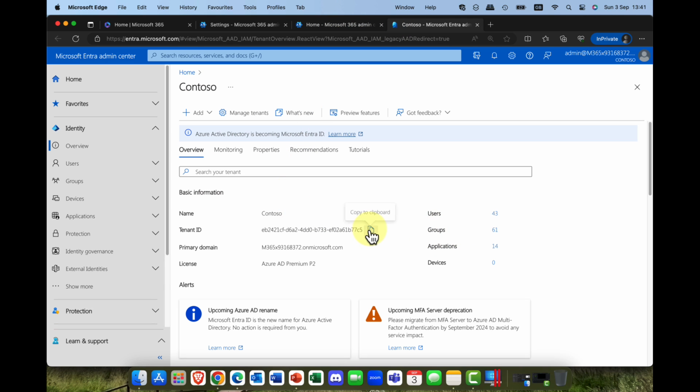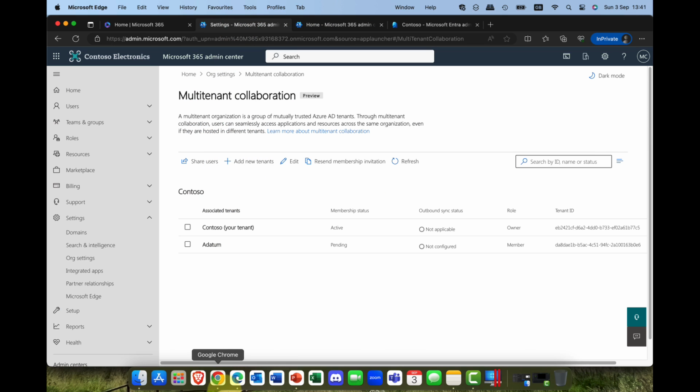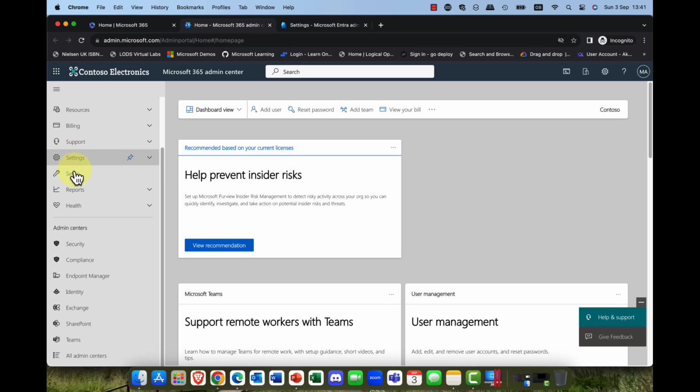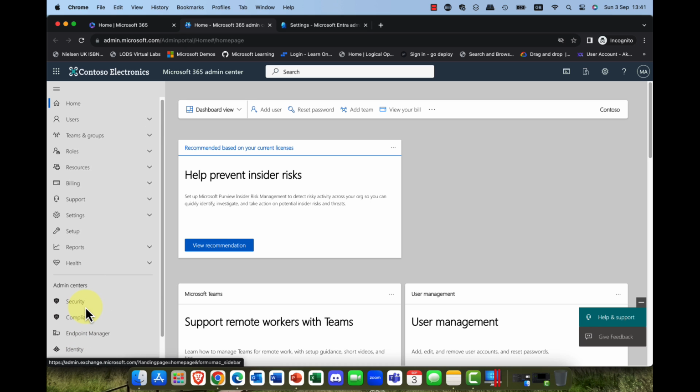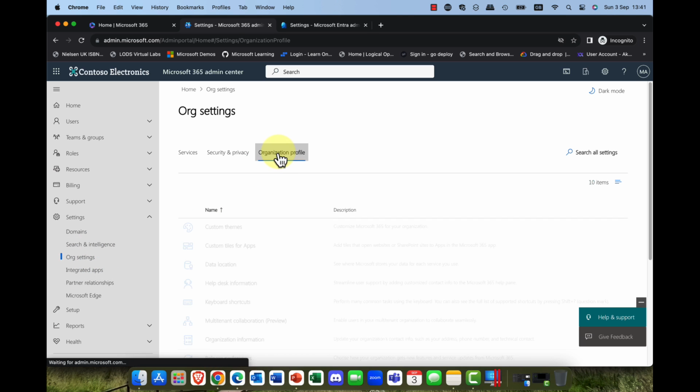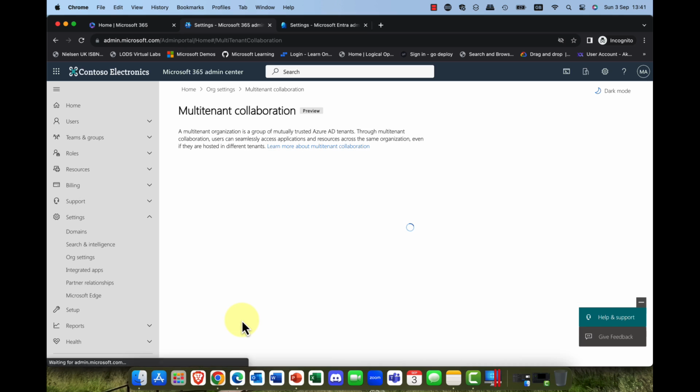So what I'm going to do is I'm just going to flip over here to Contoso. And again, let's just have a quick look. Now, you'll notice it says the status of pending there. Now, if I flip over into the A. Datum organization, I'm going to come in here and I'm going to again come into the settings page. I'm going to come into organizational settings. So in the organization settings, again, I'm just going to click onto the organization profile